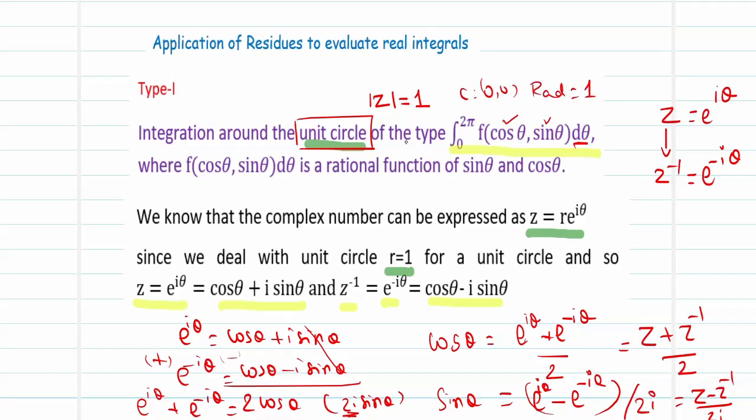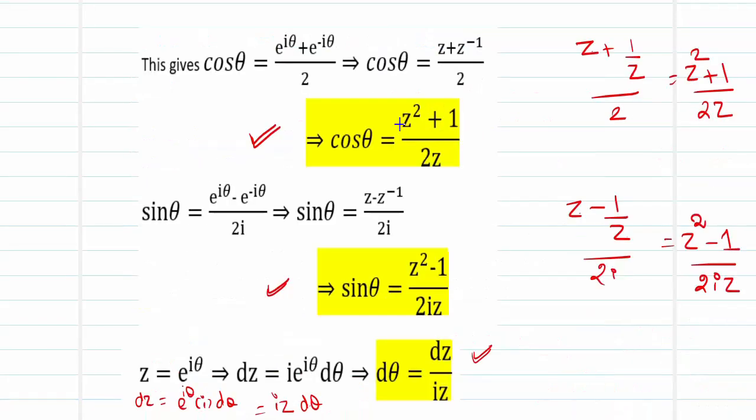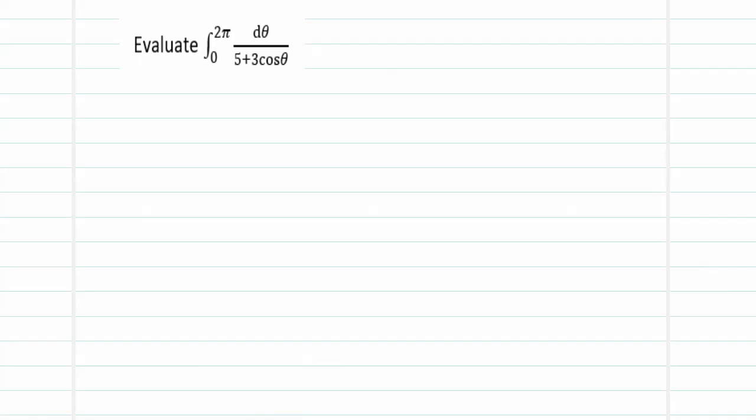So this is going to be our boundary, where I am going to replace cos theta by z square plus 1 by 2z, sin theta by z square minus 1 by 2iz, and d theta by dz divided by iz. Keeping all these things in mind, plus the Cauchy residue theorem, we will now move on to evaluate